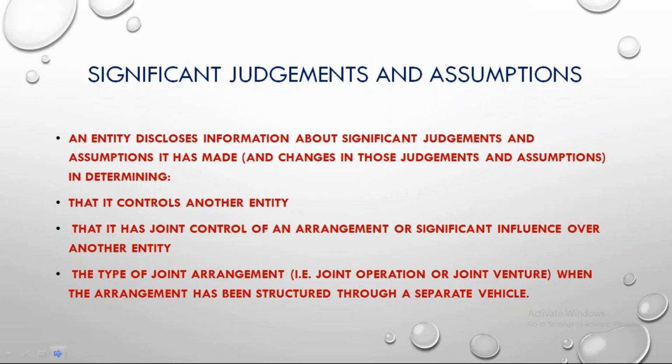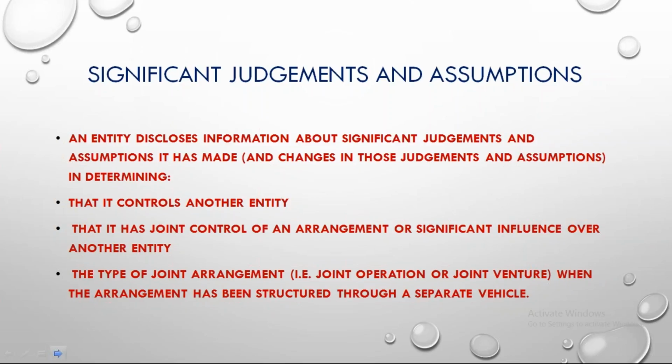So these are the difficult questions you might find in your F7 paper. They might put up certain things and ask whether it is a company where we have joint control, or a joint arrangement, or significant influence, or whether it is not. So you have to go to the circumstances, see the assumptions, see the judgments, and see whether it is all right for us to apply.